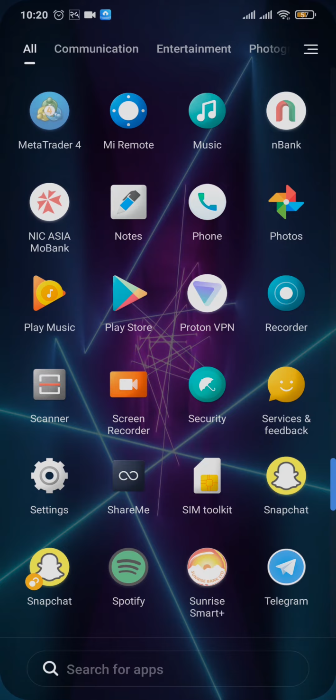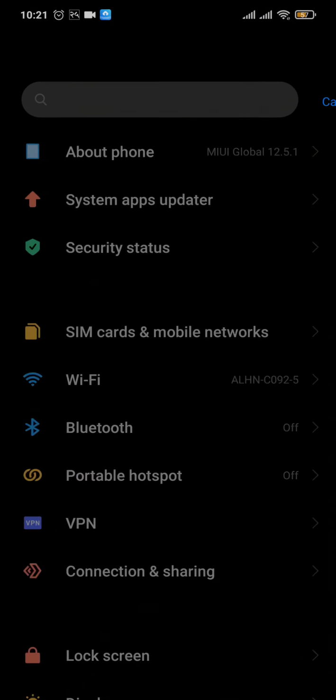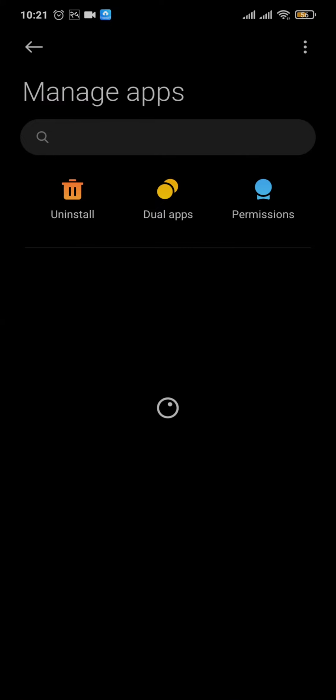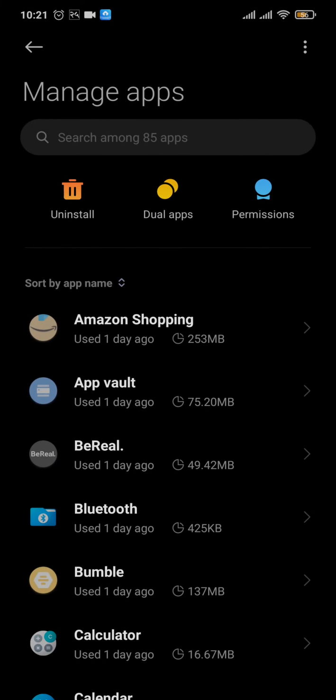But if it is only with Snapchat, what you can do is open up the settings of your phone and then search for manage apps on the search bar. Tap on the manage apps option. Now this is going to show you all of the apps that are installed on your phone. Just search for Snapchat,